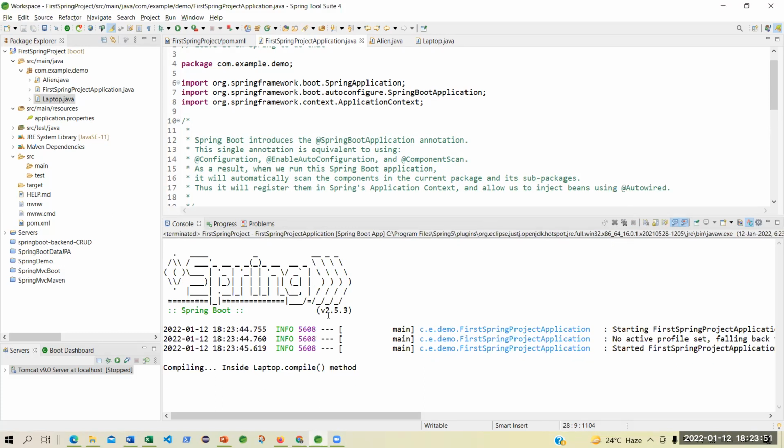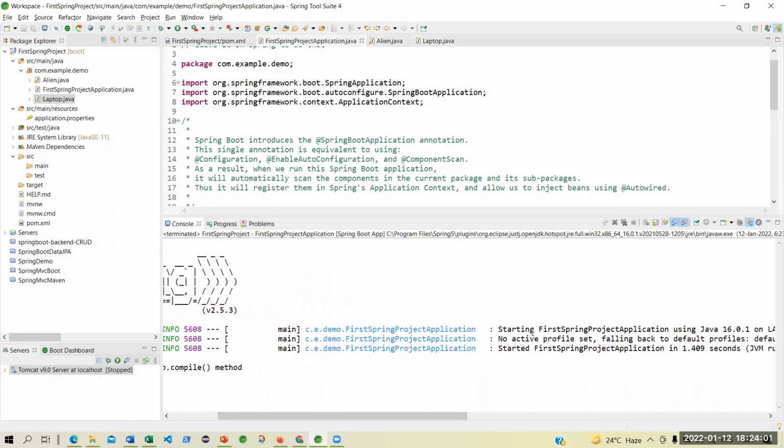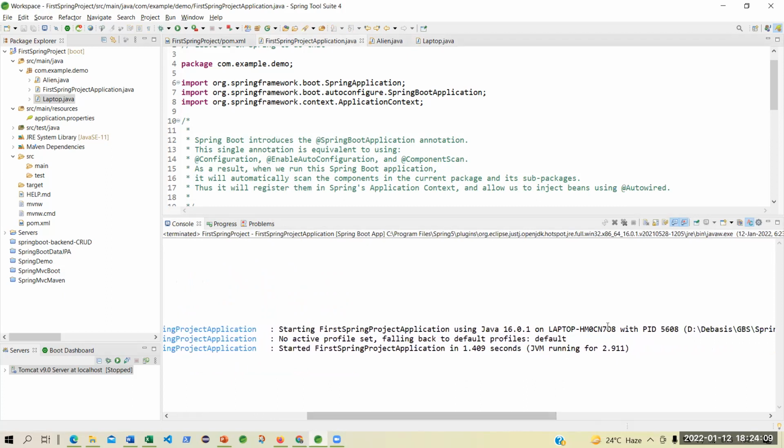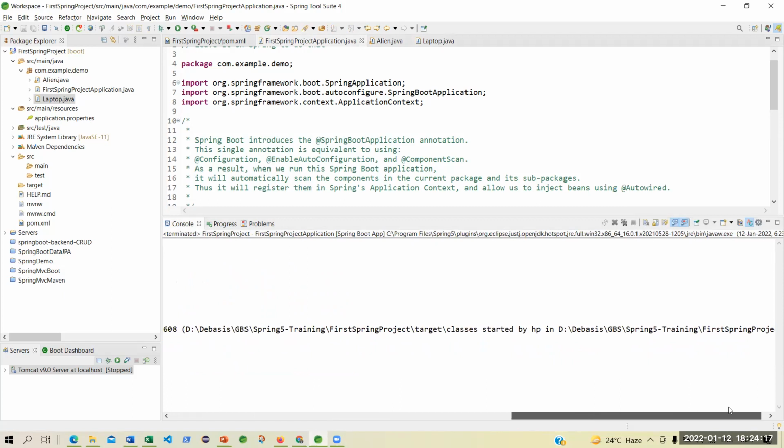Spring has started, version 2.5.3. That is the Spring Boot version that you are using, right? Then it is saying that this application is starting the first Spring project application using Java 16 on this laptop with a PID. PID is the process identification number. And this is the entire path. This project has been created under the Spring 5 training, first Spring project folder.